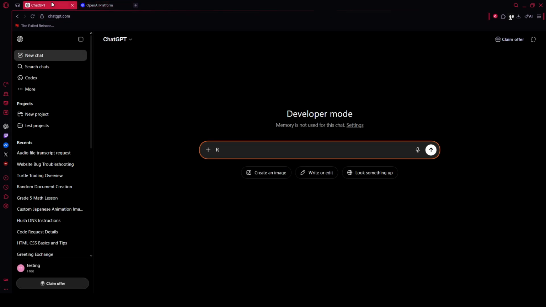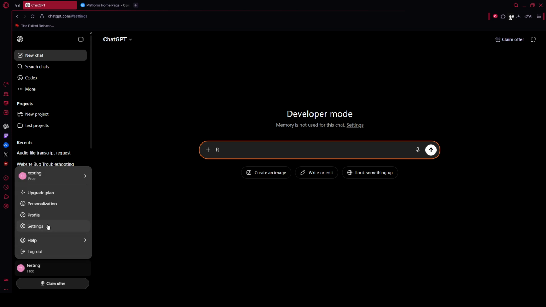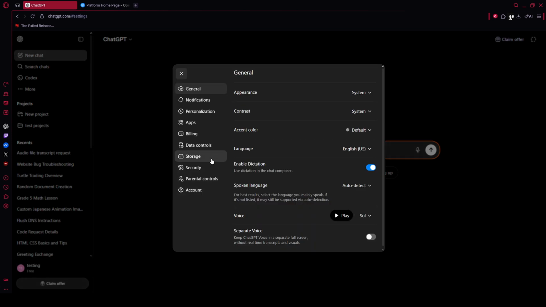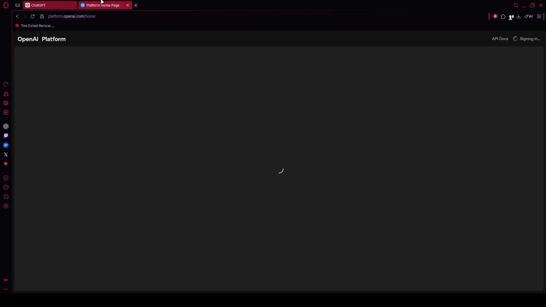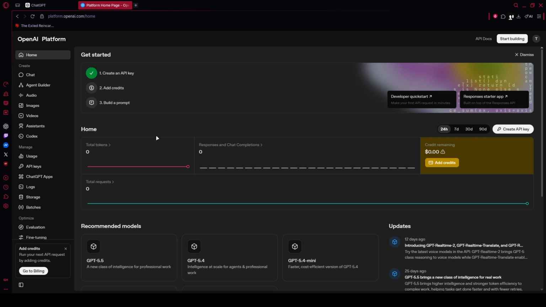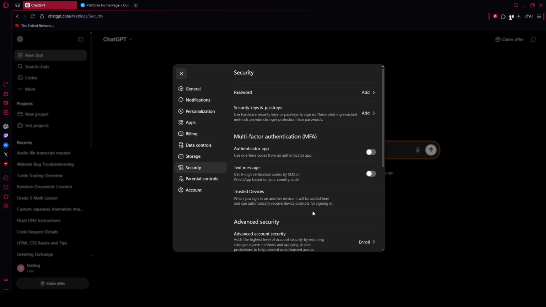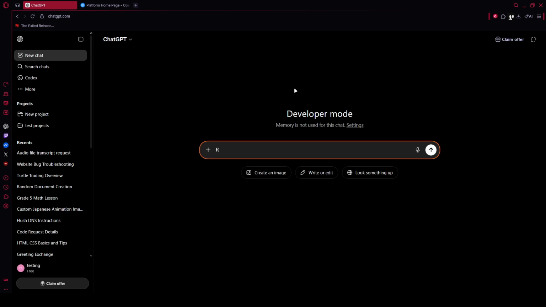After the global reset, any device trying to access your chats without fresh authorization will be blocked and sent back to the sign-in page. When you're ready to use ChatGPT again on your trusted devices, simply sign in anew with your email or your usual single sign-on option, such as continue with Google. That's it. Taking a moment to wipe active sessions is one of the simplest ways to protect your private prompts and keep your workspace secure when moving between shared